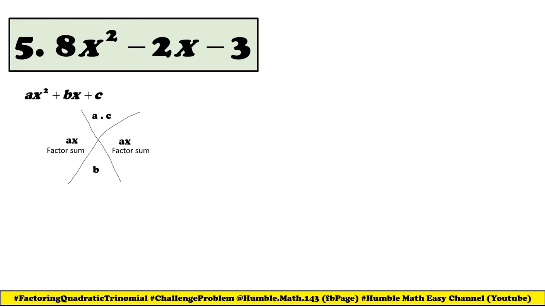So the next one is example number 5, and that is 8x squared minus 2x minus 3. So we could now say that our value of a is 8, the value of b is negative 2, and the value of c is negative 3. So using the diamond method, so let's have here